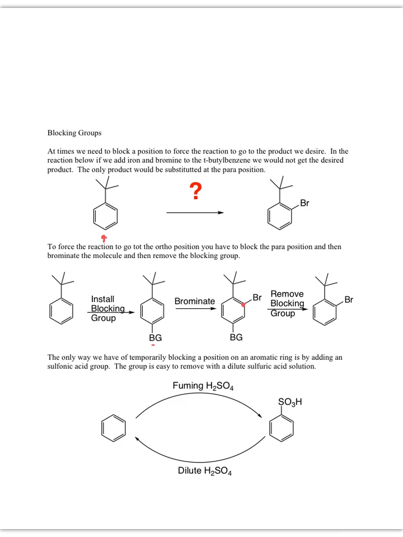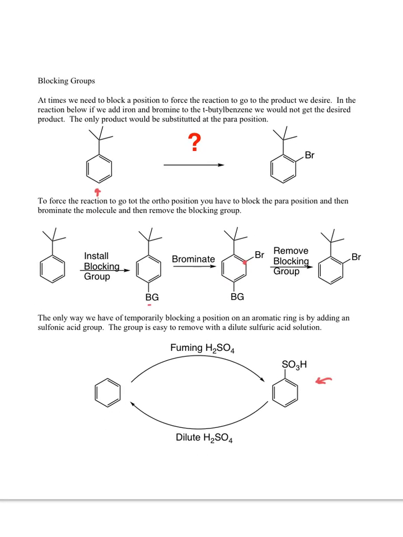And the only blocking group we have is the sulfonate, because we can put it on and remove it. So with fuming sulfuric acid, we can put it on. With dilute sulfuric acid, we can take it off. So the SO3H group is a perfect group to put on so that we can put it on, use it, and then take it off when we don't want it there. So we could install the blocking group with fuming sulfuric acid, brominate with bromine and iron bromide,